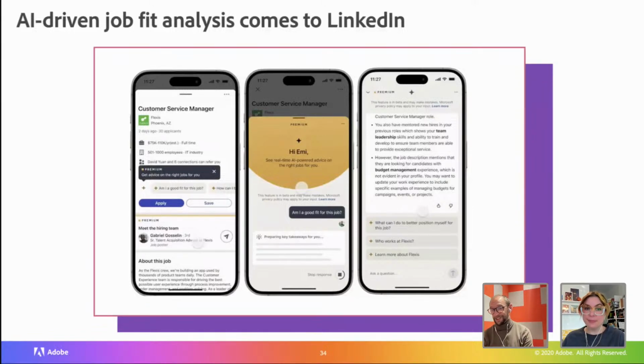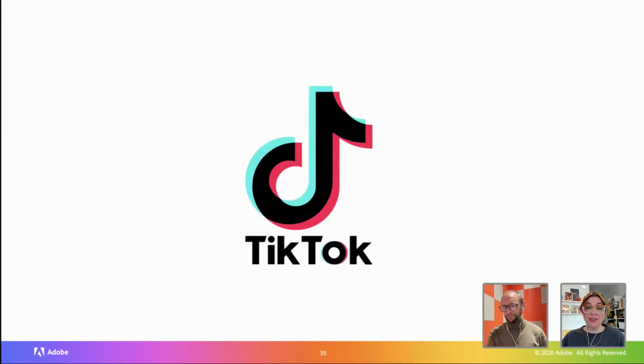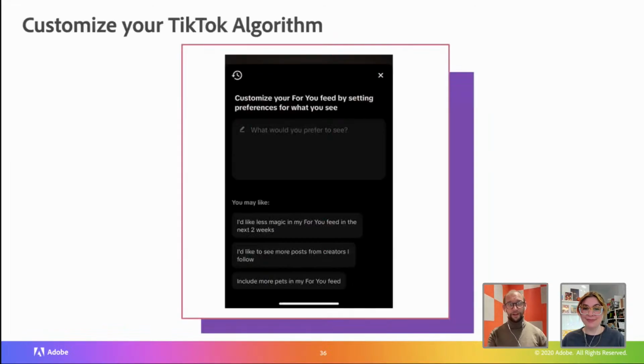But what is very interesting is the job fit analysis. If you're looking for jobs at the moment, you can ask a simple chatbot, am I a good fit for this job? It's going to analyze your profile, your skills, analyze the job spec, and try to see where the overlaps or disconnects are. For me personally, I think it's a really good utilization of AI. What do you reckon? No, that's amazing. I know a lot of people looking for jobs right now, so hopefully something like that will help. Yeah, really hope so.